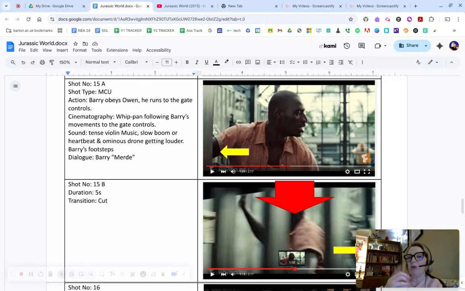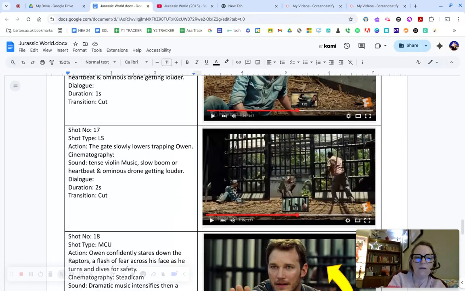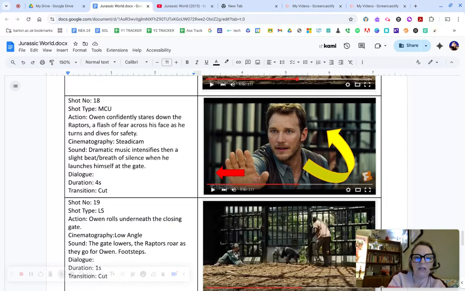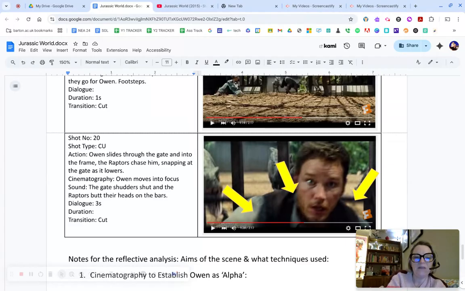You might need to, in your storyboard, use like a 15A, 15B. You could maybe even go to a 15C if there's several phases to this particular bit of movement, but that's quite unusual. And that is what it should look like here on the screen. Okay, I think we're coming to the end of things now, but what we want here is this level of